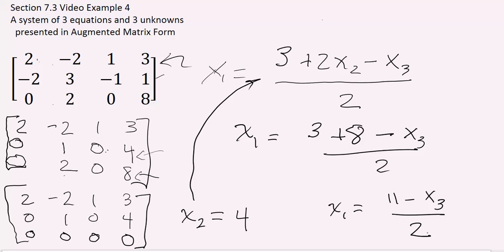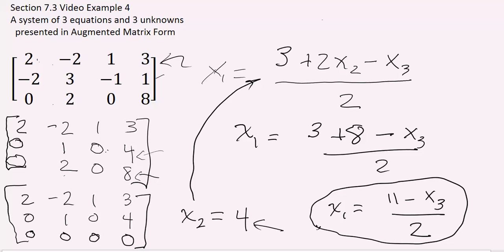What does that say? That tells us we have an infinite number of solutions. All of these solutions lie in the plane of x2 is equal to 4, and all the solutions lie along the line defined by this equation within that plane. So we have an infinite number of solutions, because as you probably could have seen at this point,